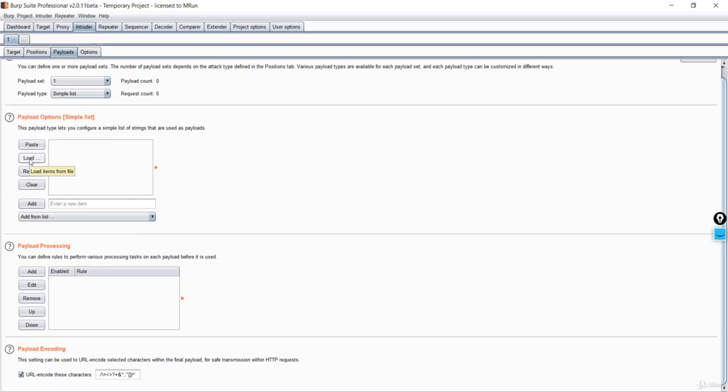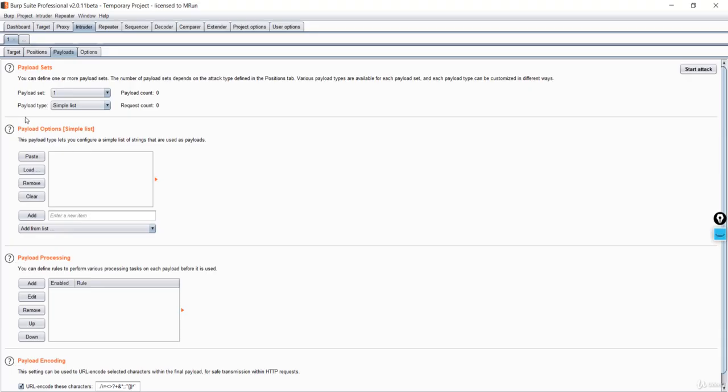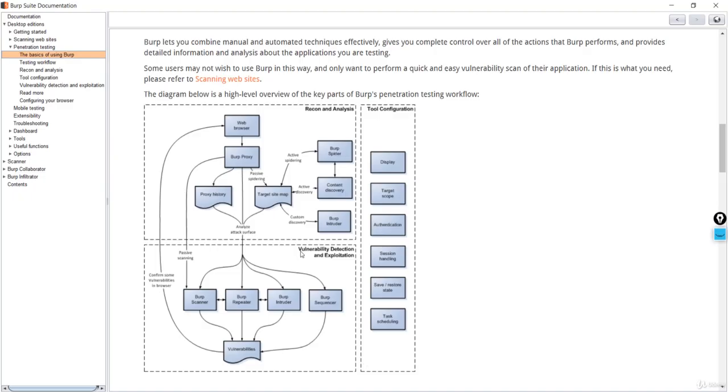I'll show you in the upcoming lecture how to load it and how to create your own advanced payload, because we have already studied JavaScript. Now we are able to make our own payload, and we'll start the attack from the right-hand side to see how this Intruder works in the upcoming lecture. So this is the new way to work with vulnerability detection and exploitation. You can go through this documentation. It is really good documentation.